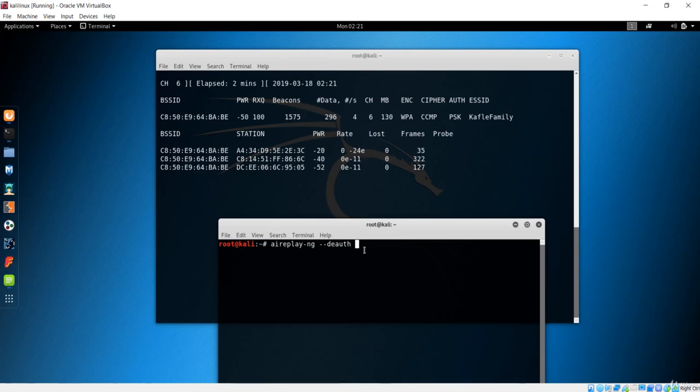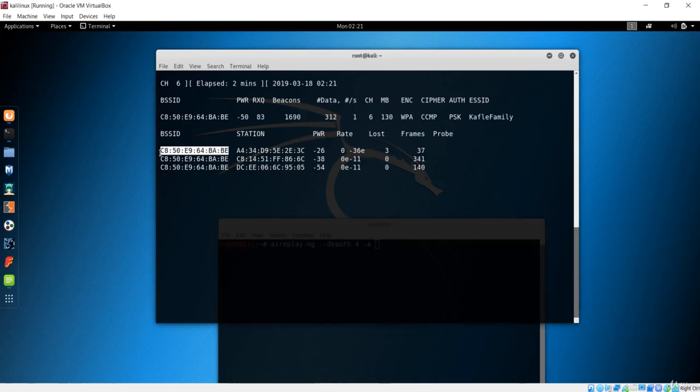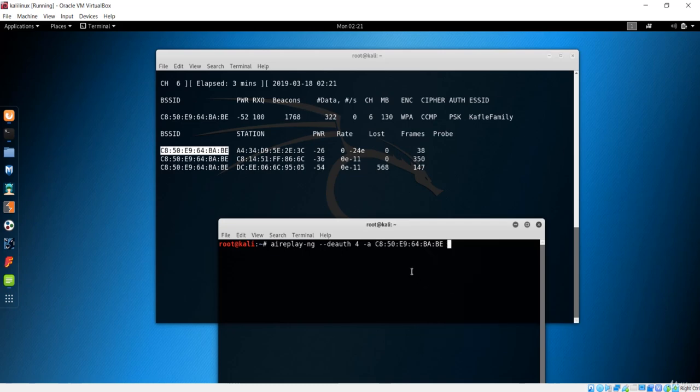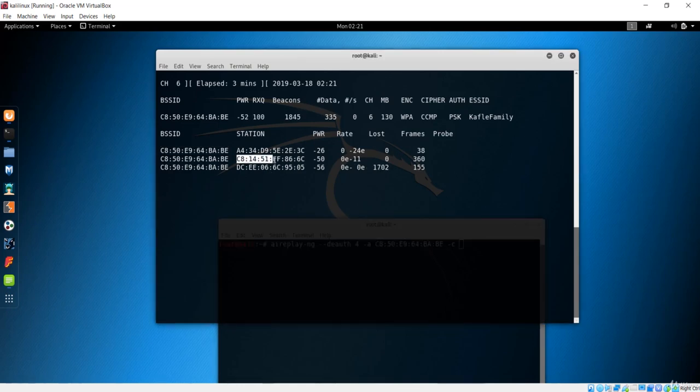In this case I want 4 seconds, maybe 5 seconds, it's up to you. So I want to de-auth for 4 seconds, and -a is for this BSSID, and let me copy this first. If I copy this and paste it right here, after the BSSID I want the client. The client is with this -c argument, and let's use any of these clients. So I want this client.